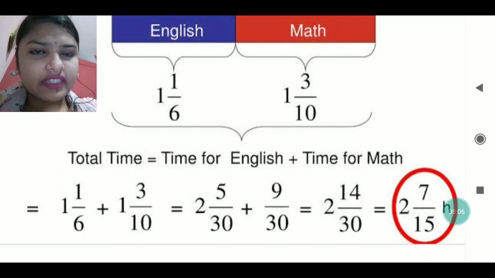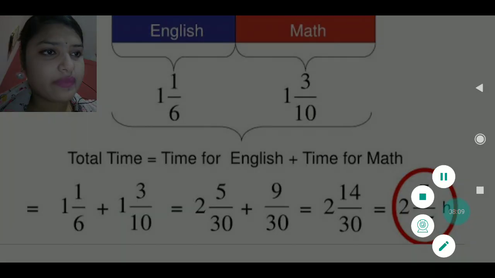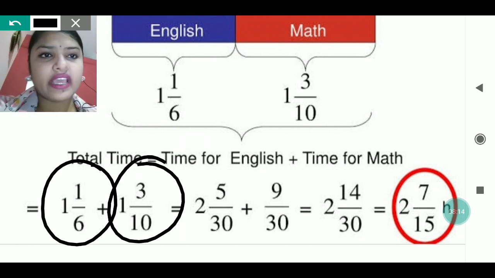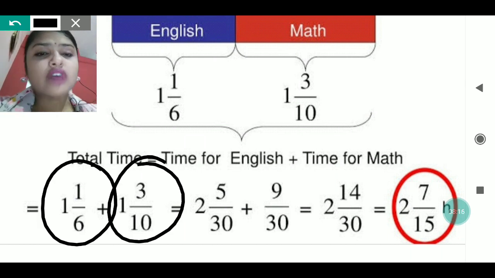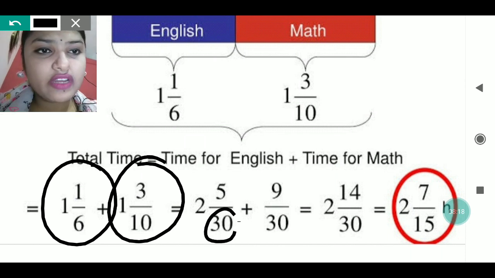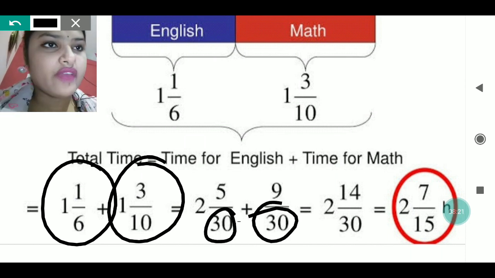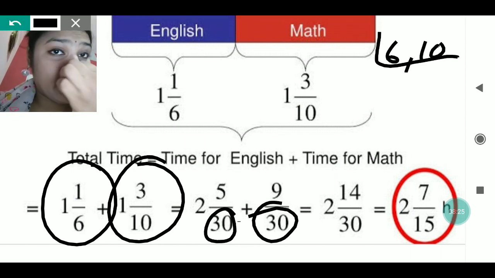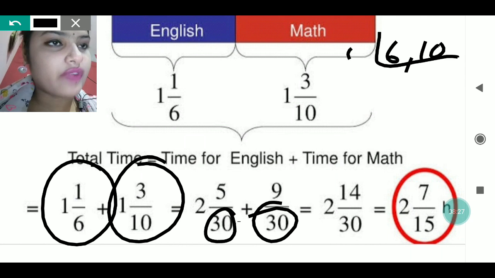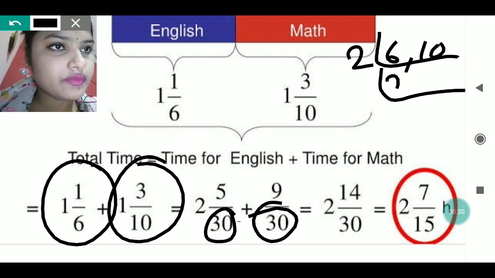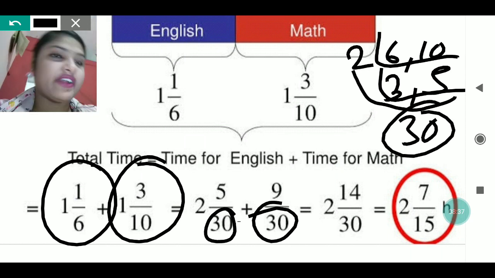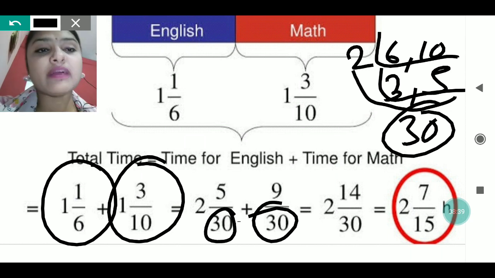Just see what is written. Here also the same thing is being done. This one is given, this one is given. We have converted it. So after converting this, the LCM which you will get, that is 10. When you find the LCM of 6 and 10, the LCM will come as 30. You can find it: 3, 5. You multiply all these three, you will get the LCM as 30. There at that time I have written 10, but 10 will not be the LCM. LCM will come as 30.